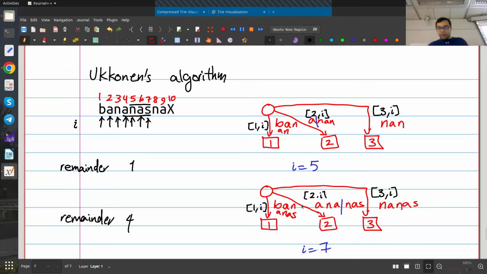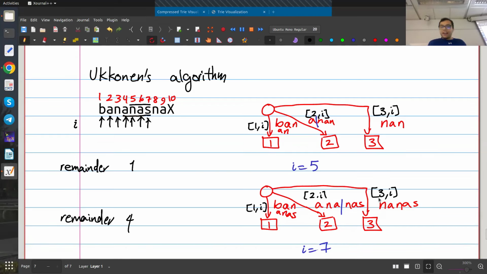You see here, I had already matched 3 letters. If I have matched 3 letters here already, these were 3 letters starting from which index? From index 2. So matching 3 letters starting from index 2 is the same as matching 2 letters starting from index 3. If you start at index 2 and go forward by 3 letters, you end up at the same place as if you start at index 3 and go forward by 2. So, and I had this one here. This is the suffix that starts at index 3,